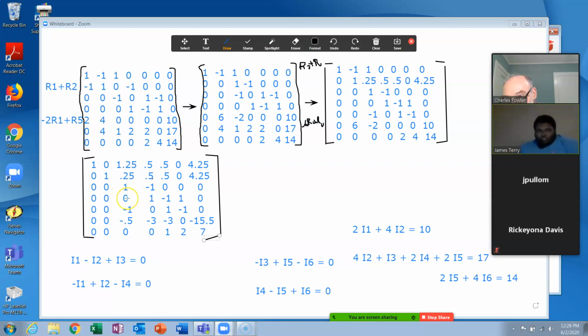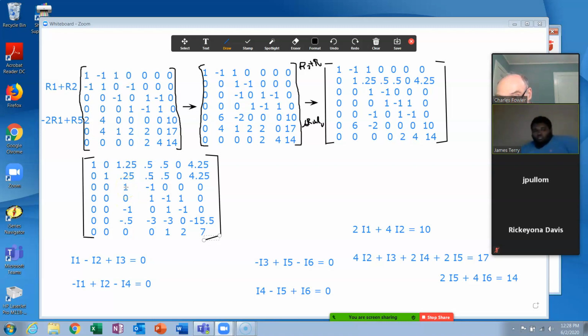We leave that row alone because it's already got a 0 there. What you do here is add row 3 to row 5. And that would be real easy to do. 0, 0, 0, minus 1, 1, minus 1, 0. And that would be exactly what we want there, except we want that to be a 1, but that can be changed really easily. Then we'd multiply row 3 again